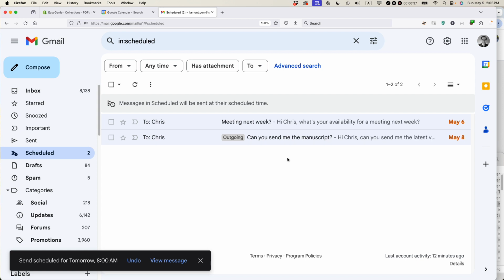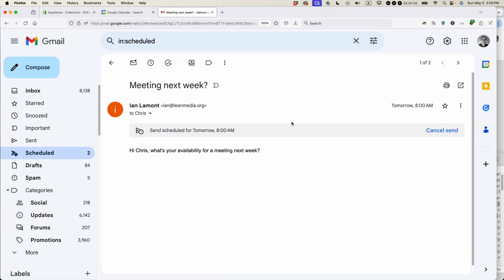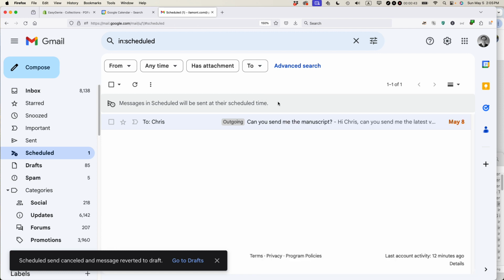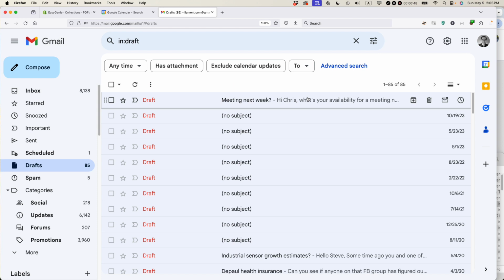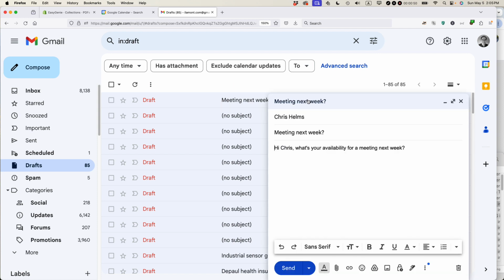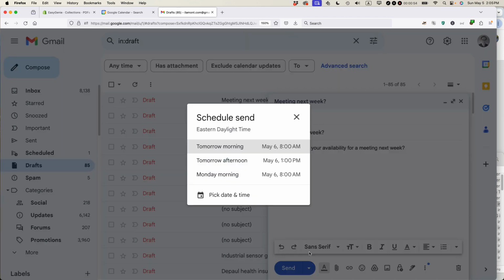Another way to do it is to basically open it up, cancel it, and then go to drafts. And you can see it appeared at the top of drafts. So basically you'd go in, you'd select the downward arrow next to send, and then schedule send, and then go